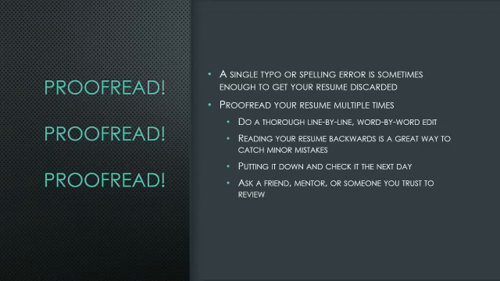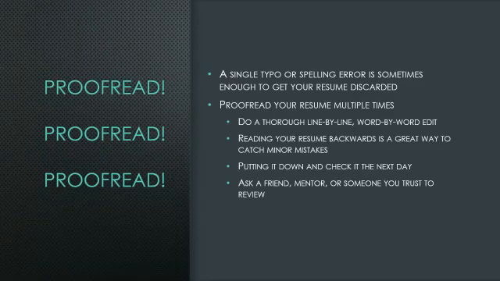You got to proofread your resume multiple times. Do a thorough line by line, word by word edit. Yes, that is exhausting. And after a while, everything looks correct. And then you send it off to an employer, and then you pull it up for the next job to change a couple things, and you notice a big glaring mistake. What? Where did that come from? Who got in and changed my resume?